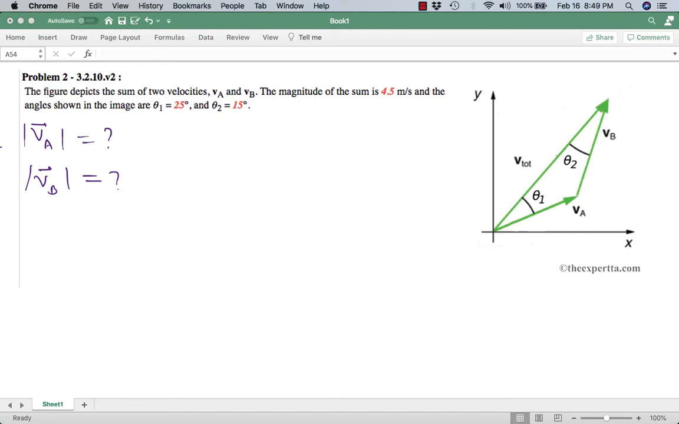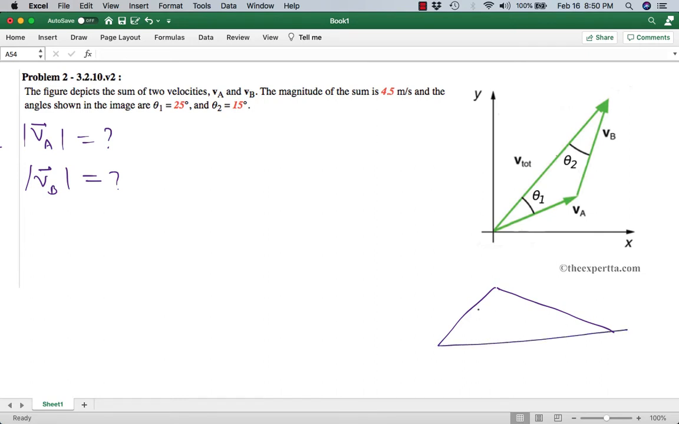So to find the magnitudes of VA and VB, the easier way would be to use something called the law of sines. Okay, you might have seen this in trigonometry. Let me just review that. So if you have a triangle, and let's say the sides of the triangle are A, B, and C, and then the angle opposite to this side is, let's say, theta A. The angle opposite to this side B is, let's say, theta B, and the angle opposite to this side C